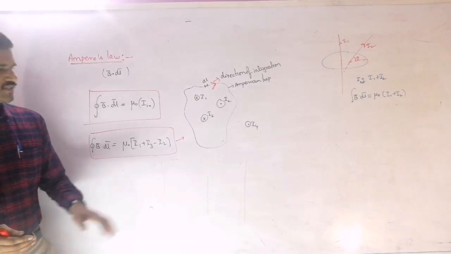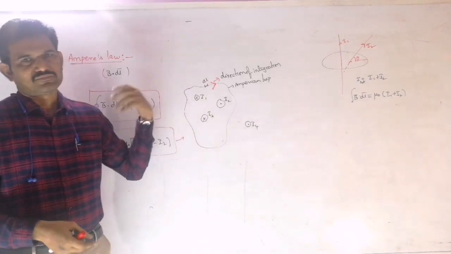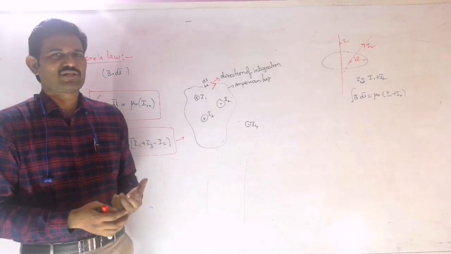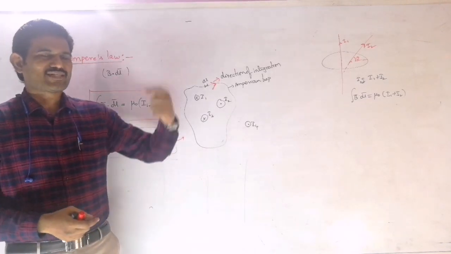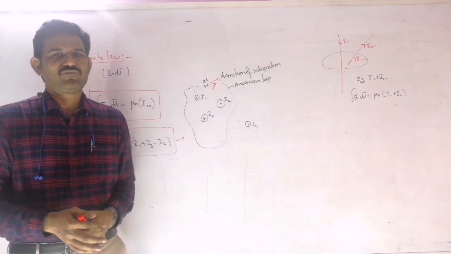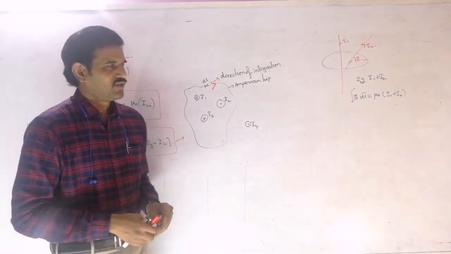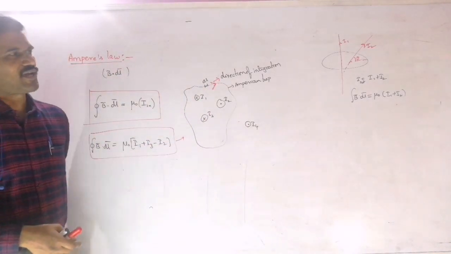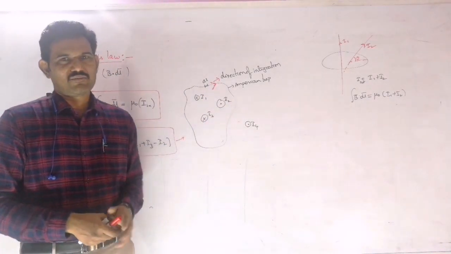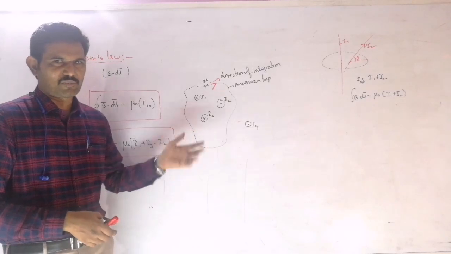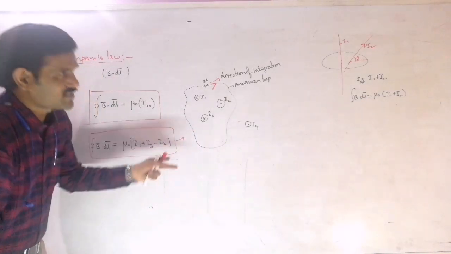That means in this statement it is not mentioned whether they are perpendicular to that plane or parallel to that loop. Once they are entering the loop or coming out of the loop, then we can use this net current conclusion. So even though it is inclined at some angle theta, you can take it the same as the perpendicular case. There is no difference between those two cases.